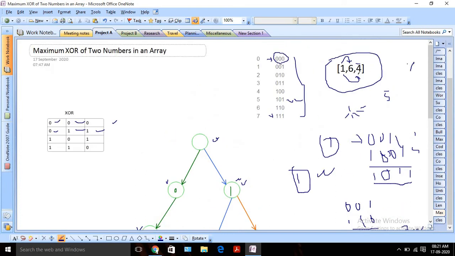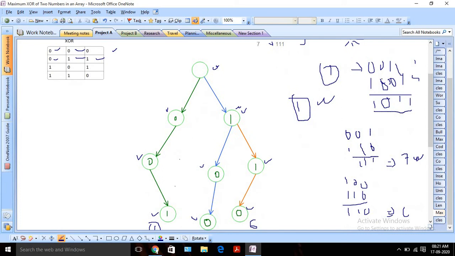But what we can observe from these three XOR operations is that whenever my bits are not matching, there is a probability to get a larger number, right? So here we can see that all 3 bits are not matching, so I got 111. That is my maximum number. So we need to follow this same approach.